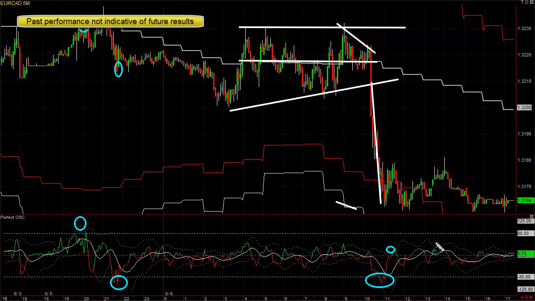So when it hits here and here and here, not a bad place to look to sell, especially if you're a scalper. If you're looking to get 5 to 15, then sometimes to catch a 30 to 50 pip move, it's very high probability. And if you think the move is over and you're short right here and it's kind of drifting down and it's underneath the